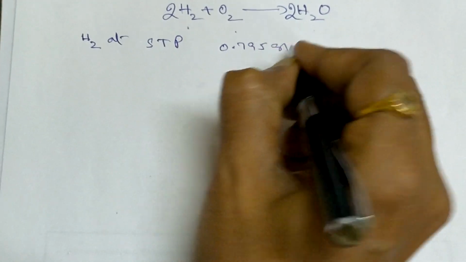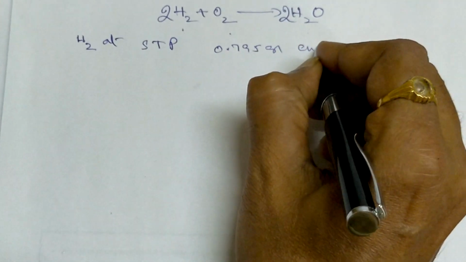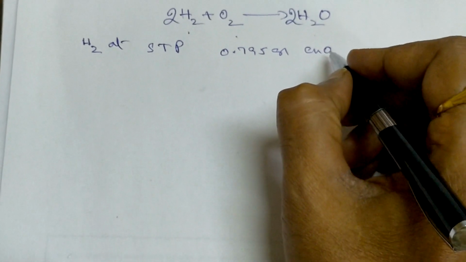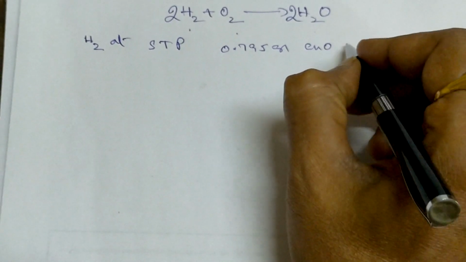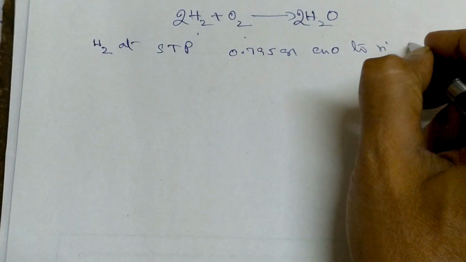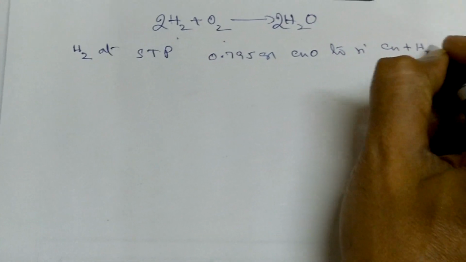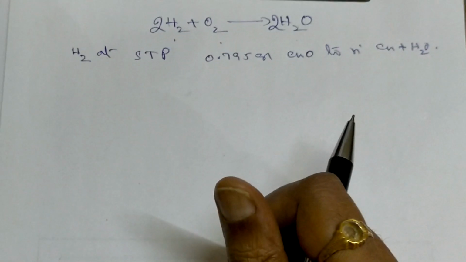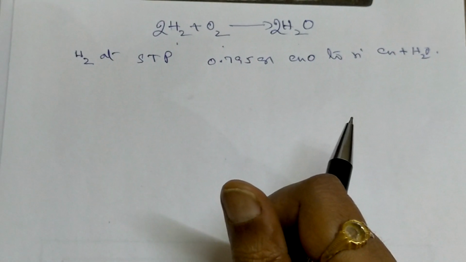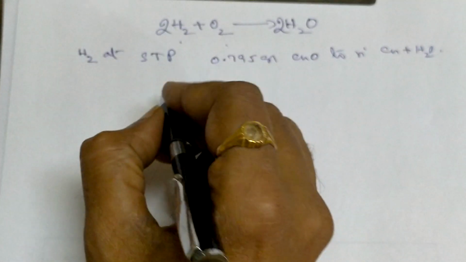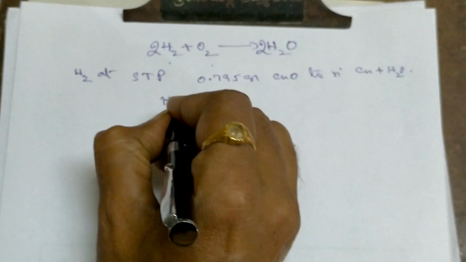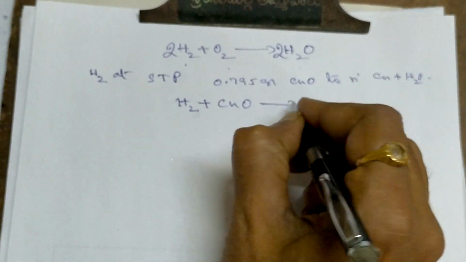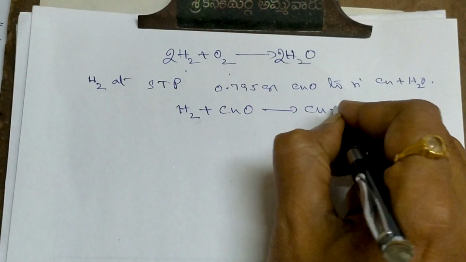0.795 grams of copper oxide, that is cupric oxide, to give copper and water. This is the problem. How much hydrogen is required at STP condition? What is the volume? Now simple, write the balanced equation: hydrogen reacting with copper oxide gives copper plus